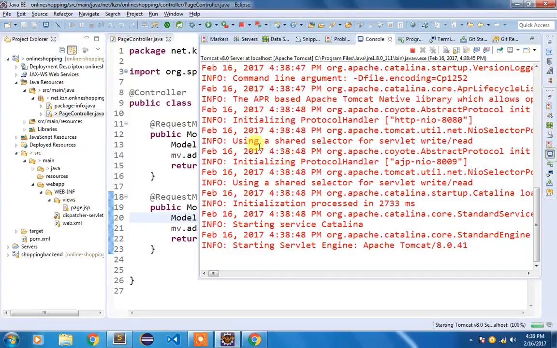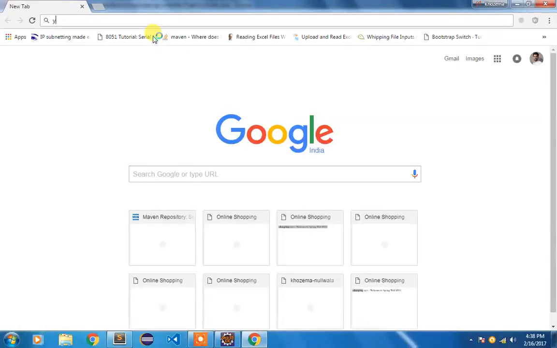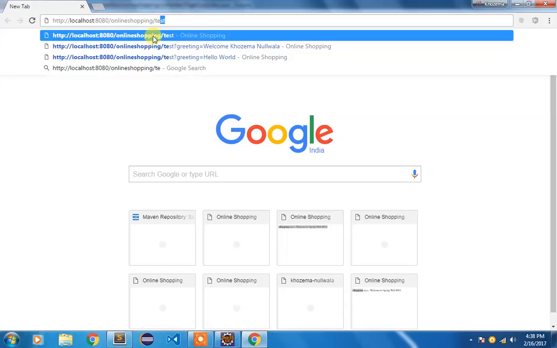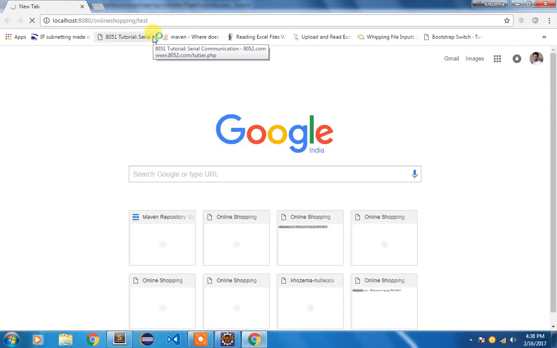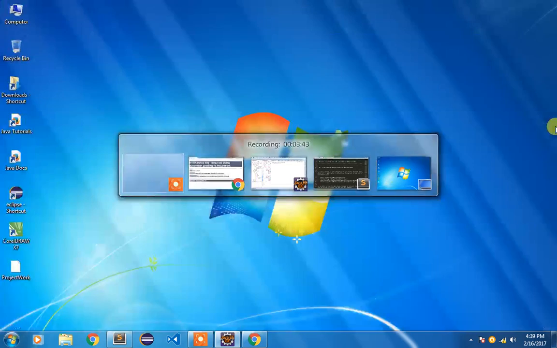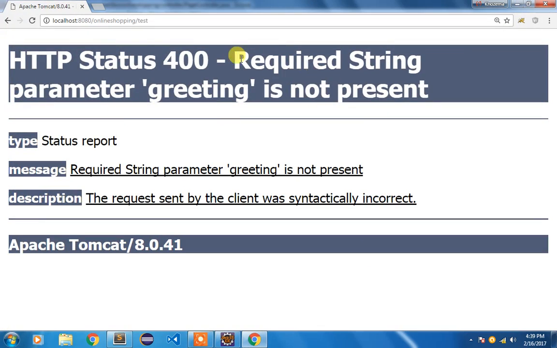We'll check the console, and now I'm going to type our URL, that is http localhost online shopping and test. Okay, now you can see I have got an error: required String parameter greeting is not present.